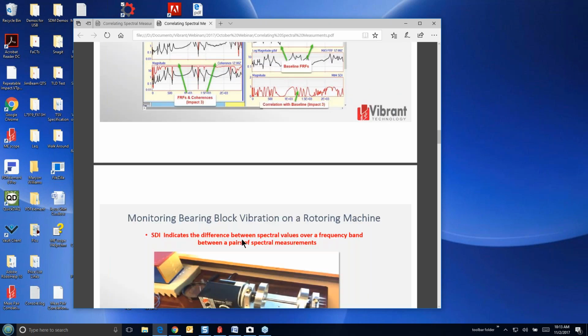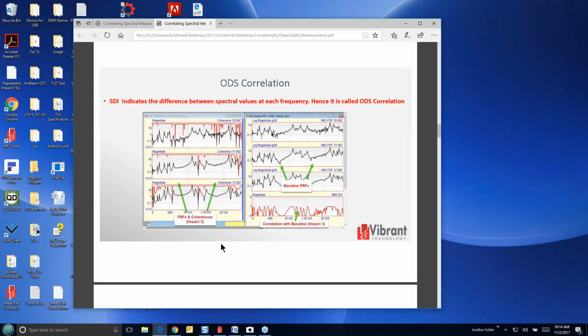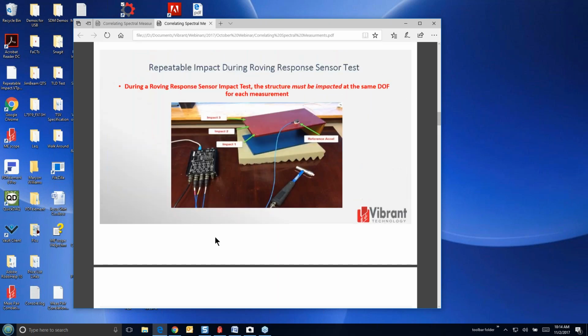Well, when would I want to do a repeatable measurement like this? If I'm doing what we call a roving response sensor impact test. Now, the more common impact test is a roving impact test, where I rove the hammer around and hit the structure at different points. But the advantage of a roving response test, and that's in fact how we tested the Jim beam when we got 3D motion for the various resonances, is that we roved a triaxial accelerometer, just like this one here.